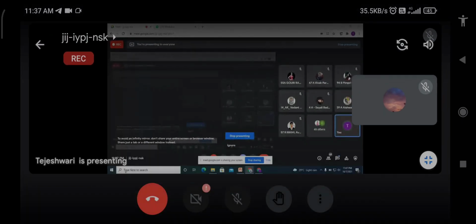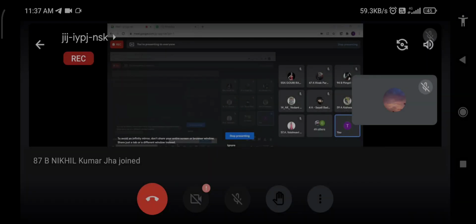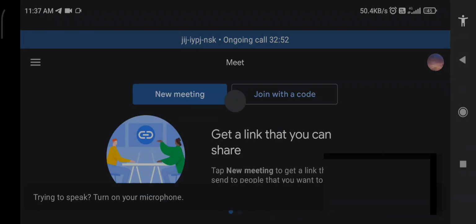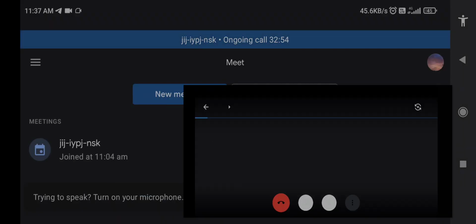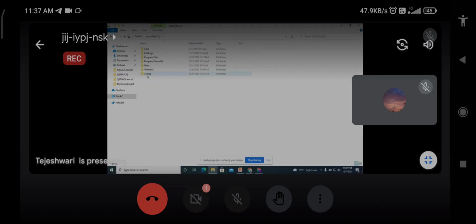First of all, I already told you how to install the XAMPP server. Now I will show you the location. In the C drive there is XAMPP.